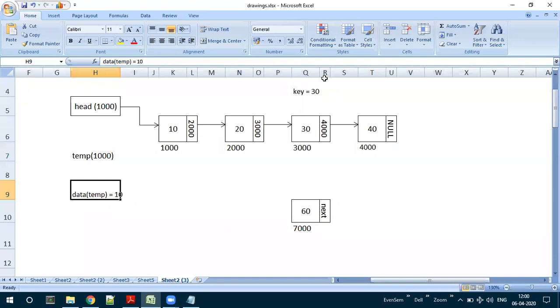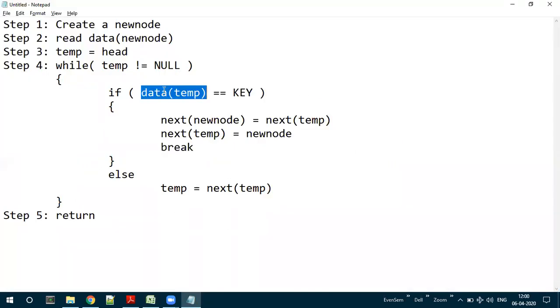Is this 10 equal to the key value? Is 10 equal to 30? No. Data of temp is 10. Is it equal to the key, that is 30? No, this condition is false.